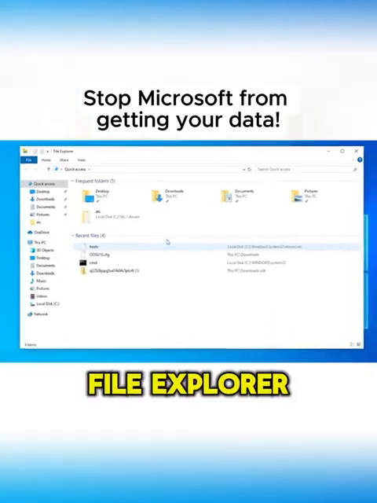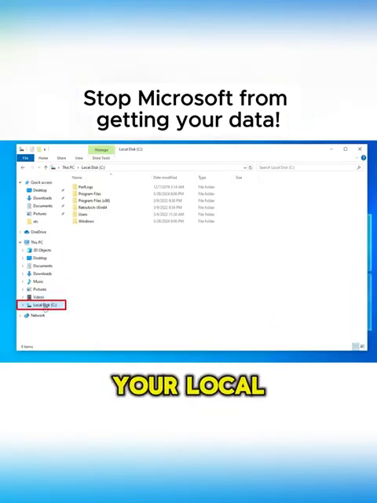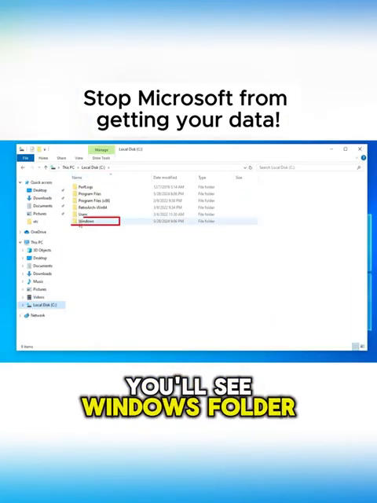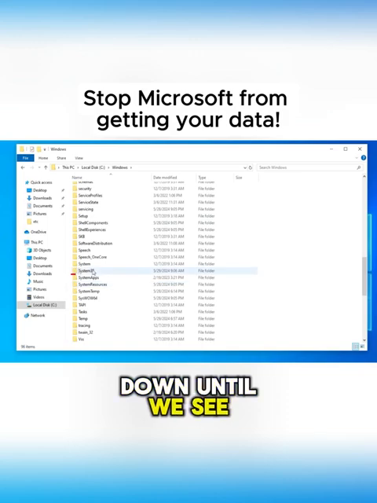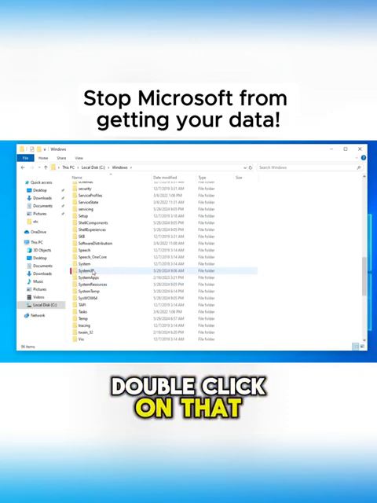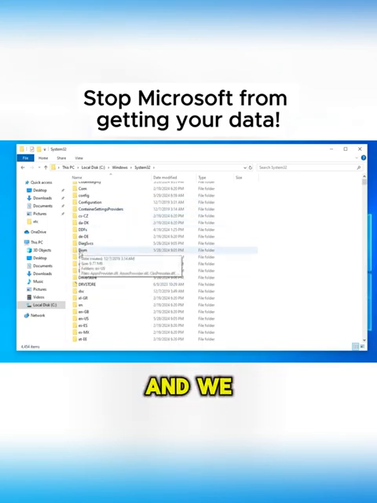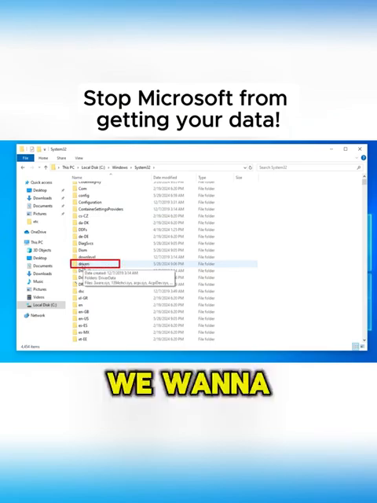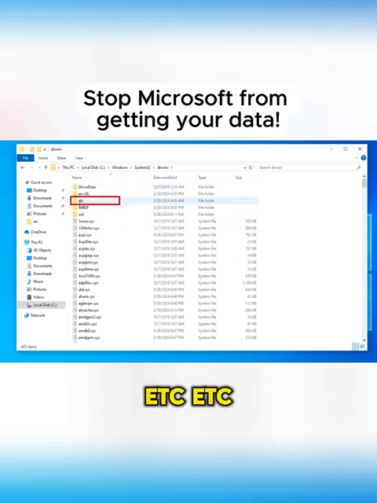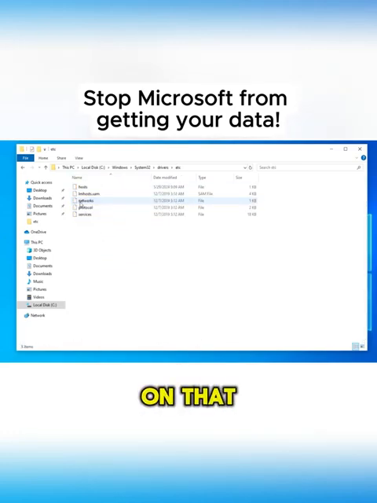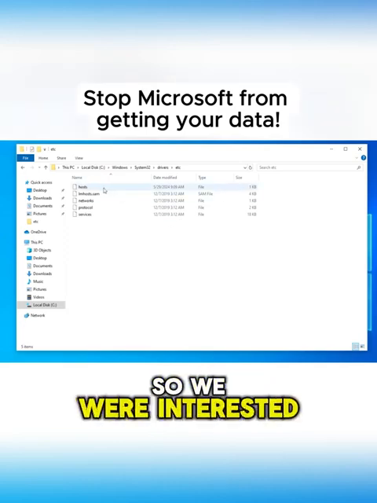Okay, let's fire up your File Explorer, click on your local C. You'll see Windows folder. We want to double click on that. Then we want to scroll down until we see System32. Double click on that. And we're going to scroll down and we're going to see something called drivers. We want to double click on that. And then at the top, you're going to have etc. We want to double click on that. And this is where we're going to be playing. So we were interested in the file called